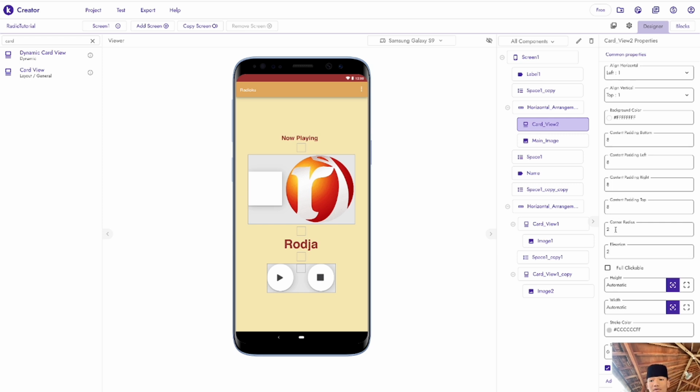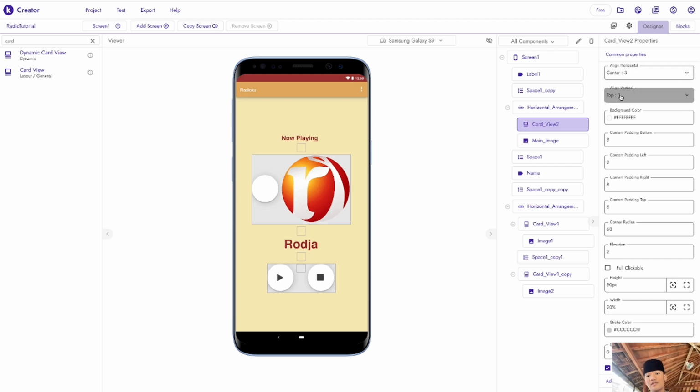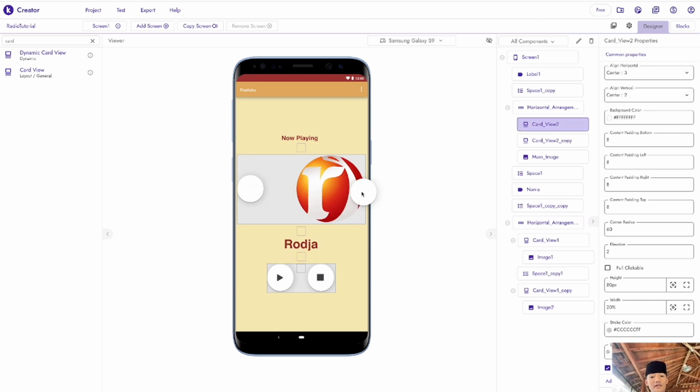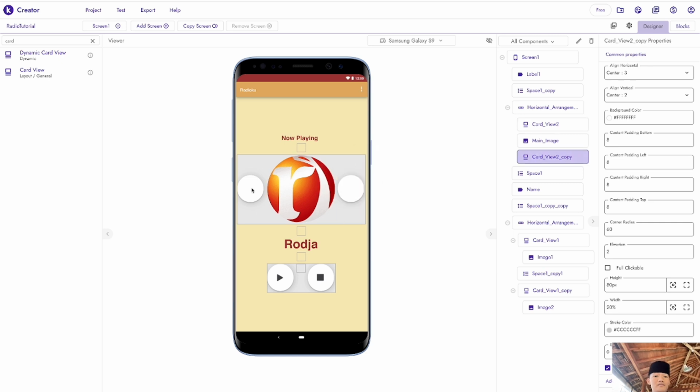The same as before, we're going to edit those things. So the height will be 80 and width will be 20%. Corner radius will be another 60. And horizontal to be center, vertical to be center. Next, just duplicate this thing, right click again and put it here.